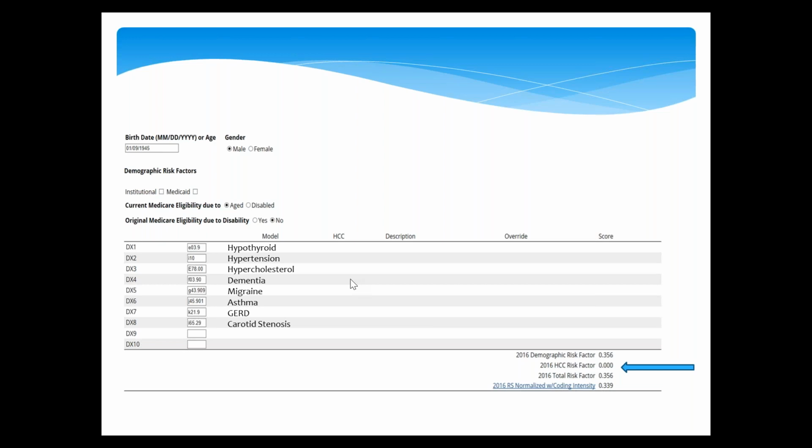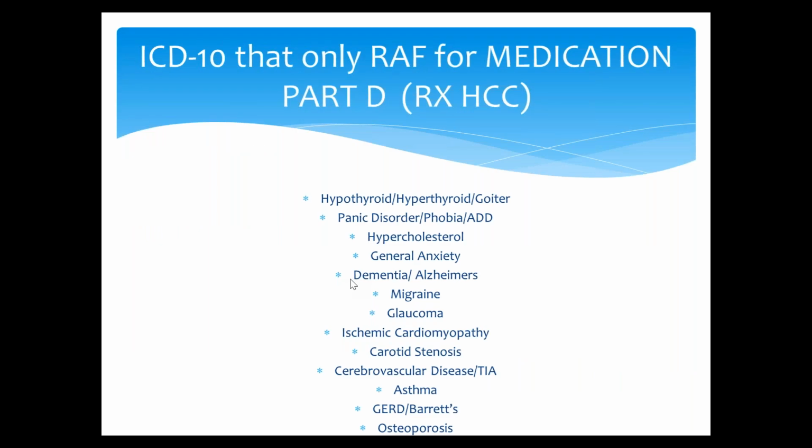However, why do we want to document all these conditions? Well, because there's a Part D or RX HCC, prescription HCC, a completely separate category that gives you risk scores for certain diseases that require medications. So each one of these, hypothyroidism, panic disorder, high cholesterol, generalized anxiety, all the way down, migraine, glaucoma, Crohn's, stenosis, cerebrovascular disease, asthma, GERD, osteoporosis, none of those have a risk score under the chronic medical conditions, but they all have risk scores under the Part D